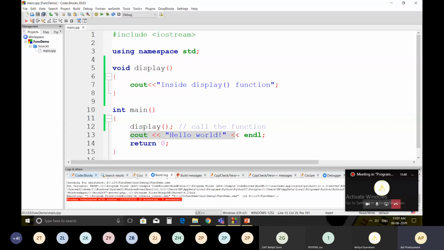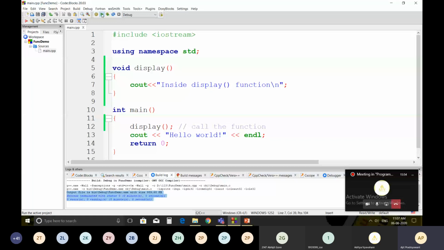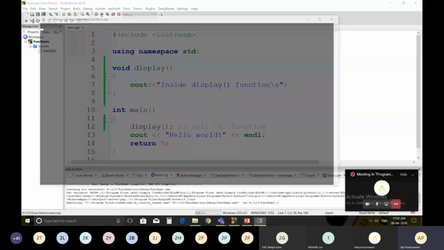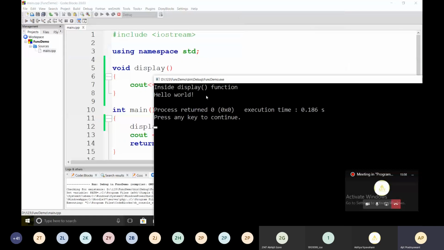It will print hello world. So I will mention here \n, that is new line, save the code, and execute it again. There are 0 errors and this is the output: inside display function and hello world.